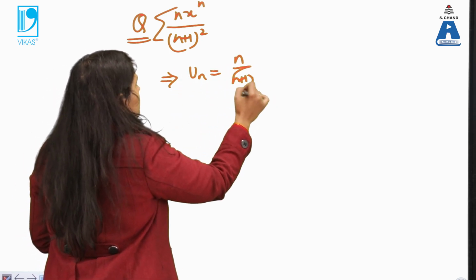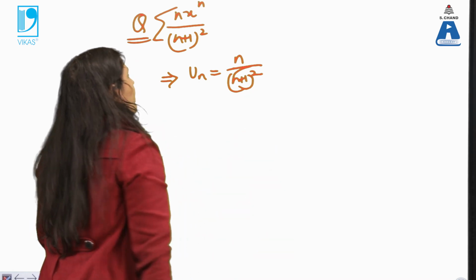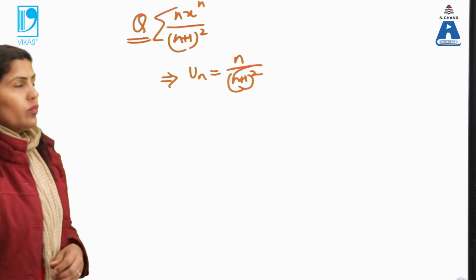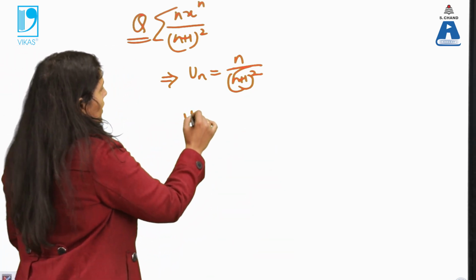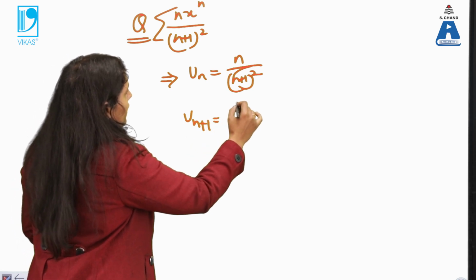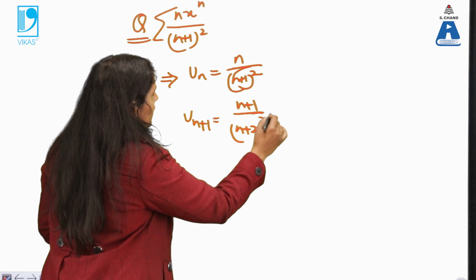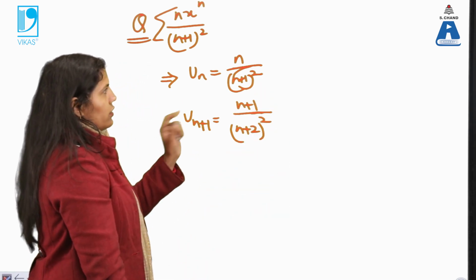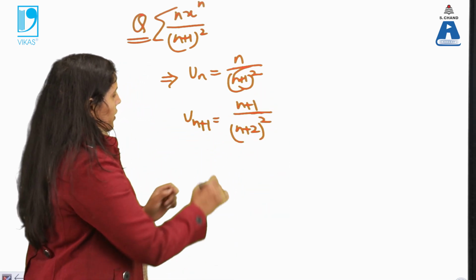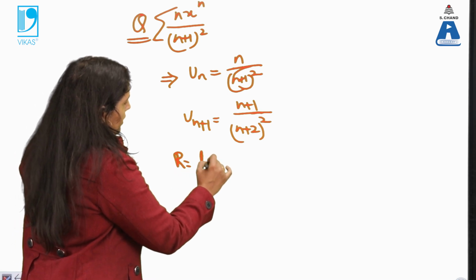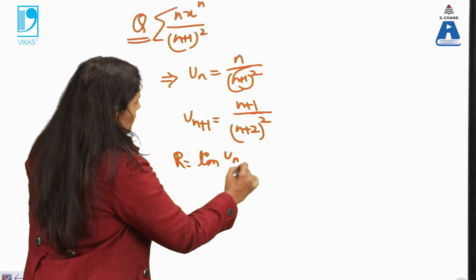This is my nth term. I have only two formulas for radius of convergence. So I am changing it to n plus 1, because there is no power as such in the nth term. So it's better we apply this limit ratio formula,